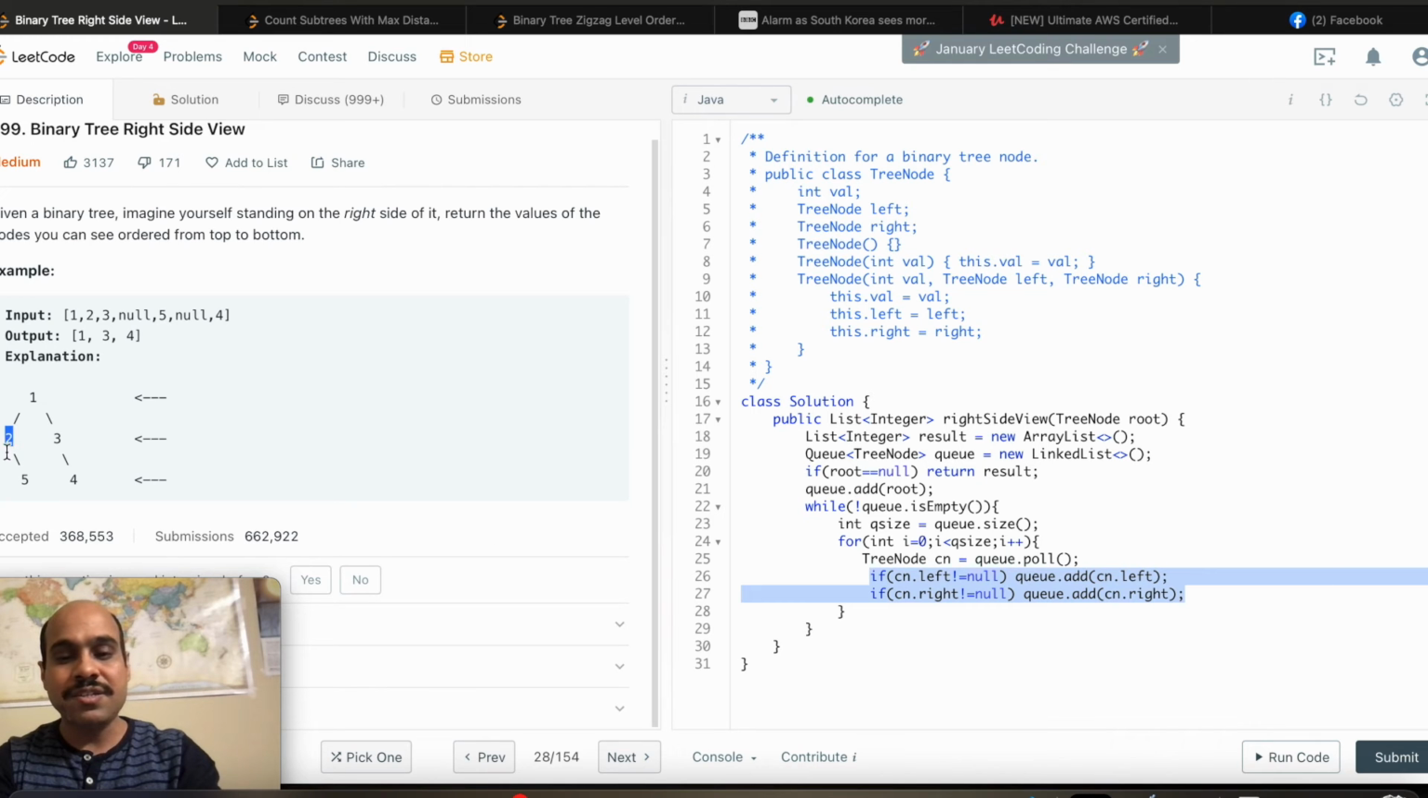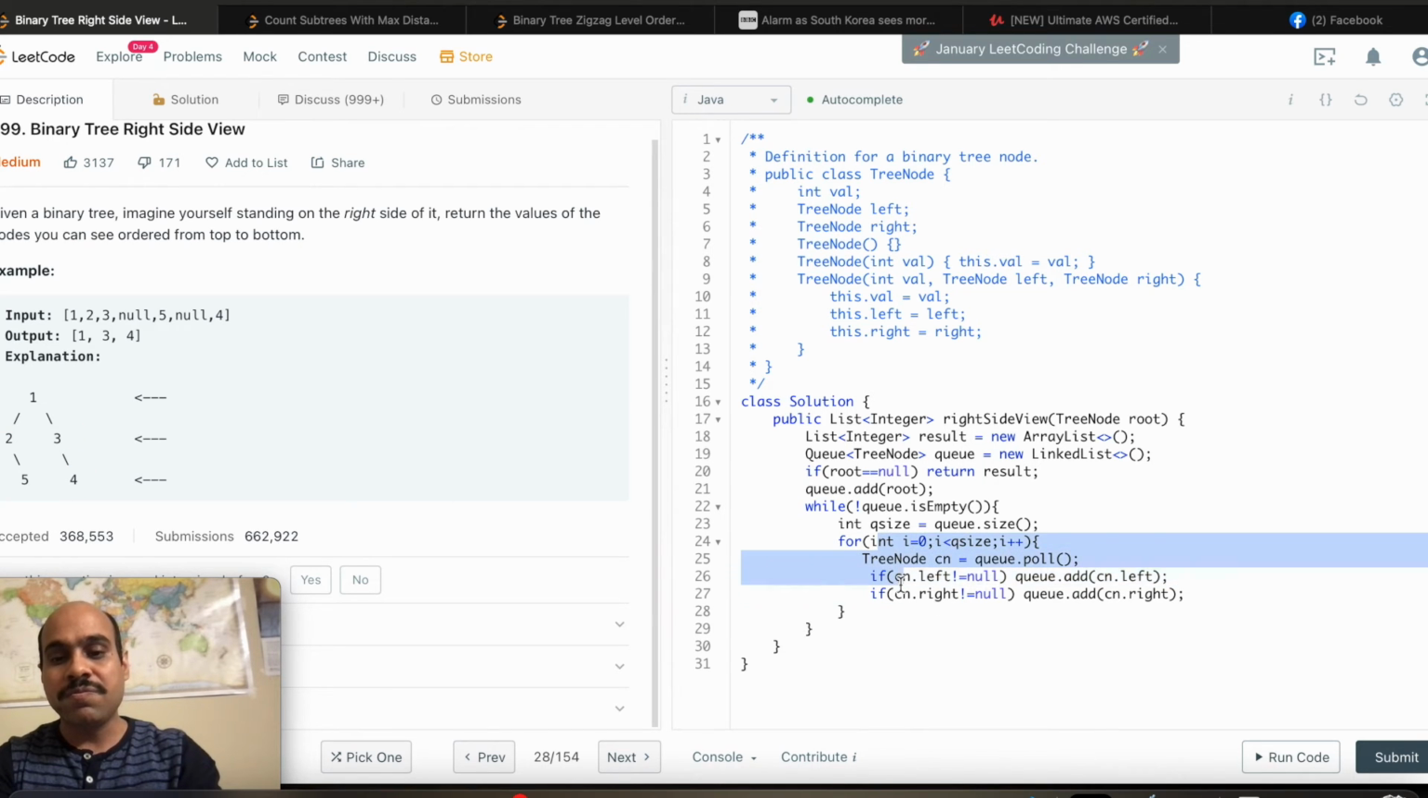So for this child, cn.left is equal to null, so it will not add anything into the queue. And for this node, the right child is not empty, so this will be added. Once this is processed, we will have 5 because of this node, and we'll have 4 because of this node, because this for loop will run again for the next child, and this same will be repeated until that queue